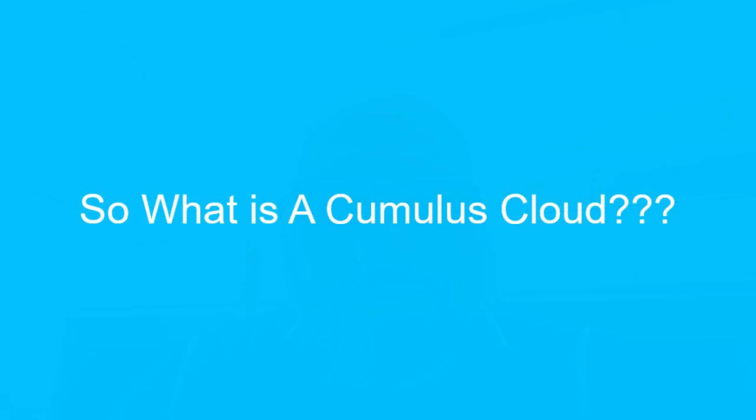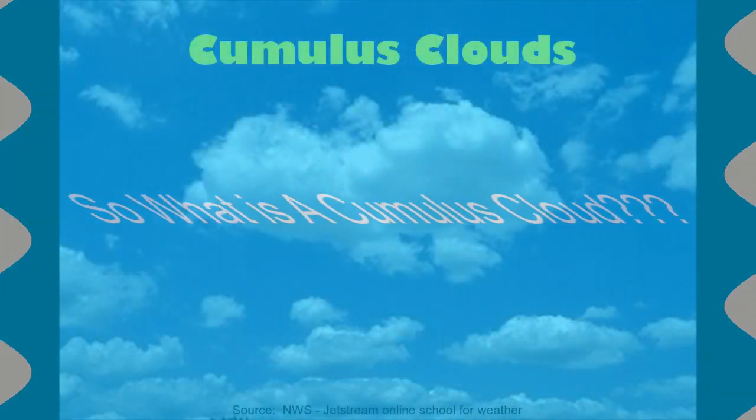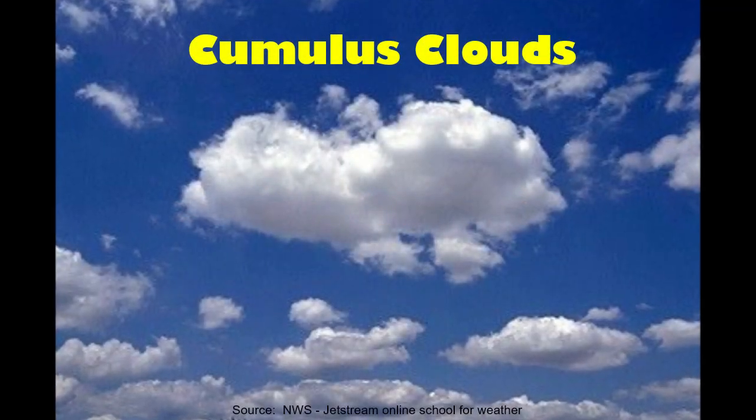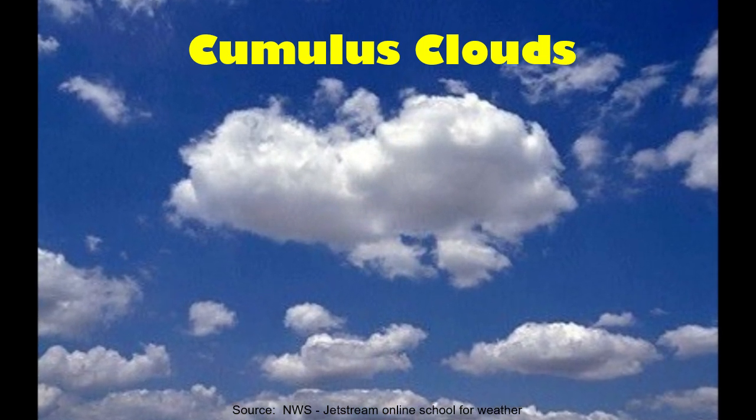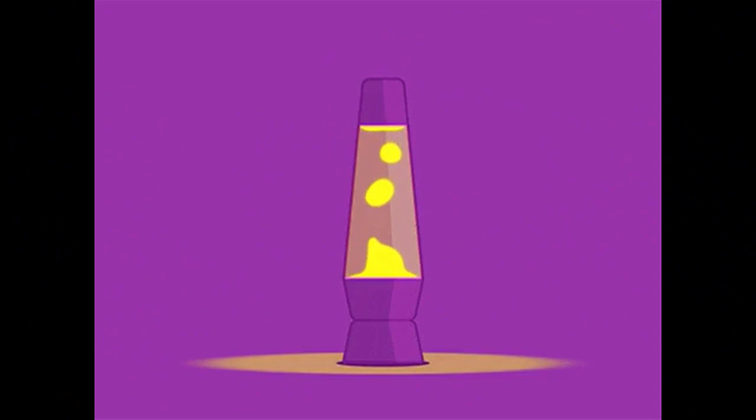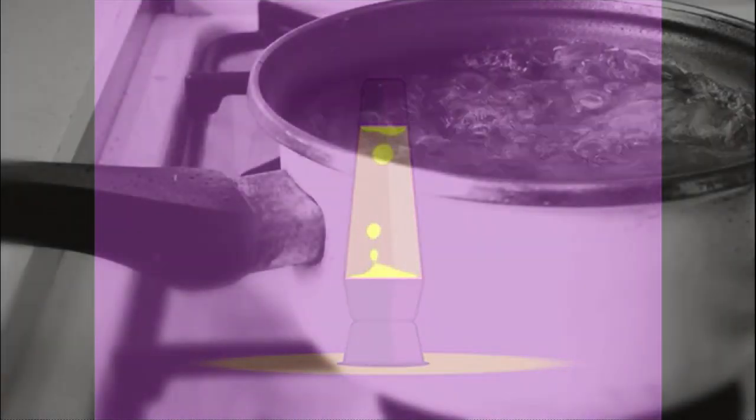So what is a cumulus cloud? Well, I'm sure you've looked up in the sky many days and seen these puffy white clouds that look like balls of cotton. And they form in the atmosphere very much the same way in which lava lamps move, where warm, heated air at the Earth's surface becomes less dense, rises, cools, and then sinks back down, much like a pot of boiling